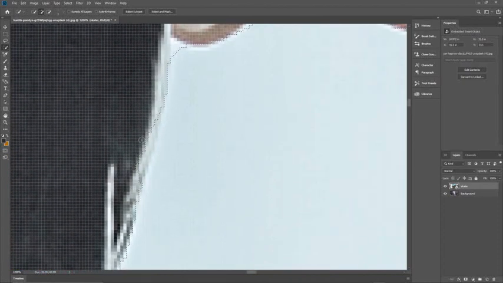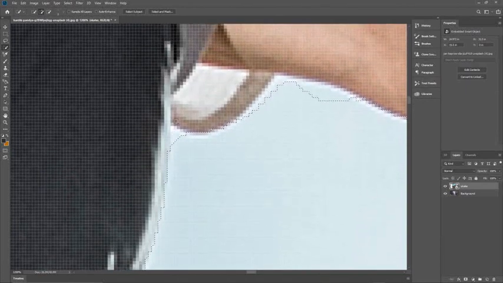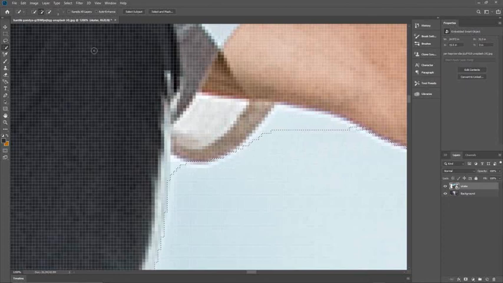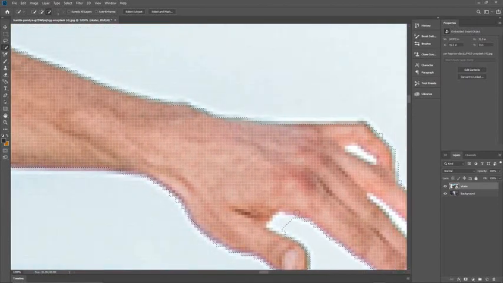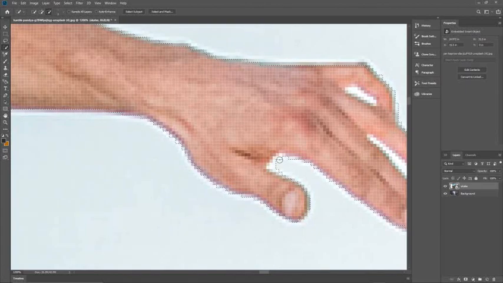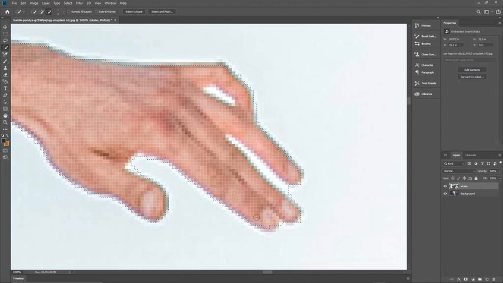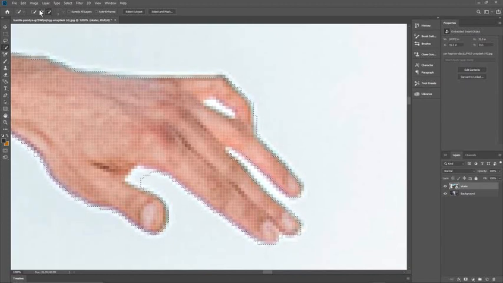This is all okay. All up here is fine. Can probably get a bit more of this in here. This is all okay. Let's just fix this here a little bit. So let's use the minus from the selection. This should be okay. So we need to sort out this hand here. It's just a case of moving between the plus and the minus to either add or remove. So let's remove in here